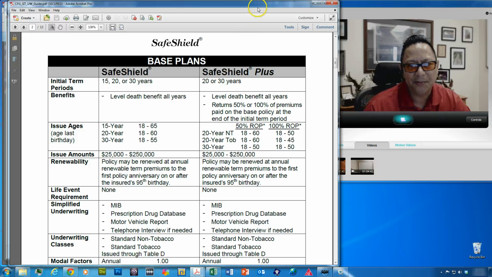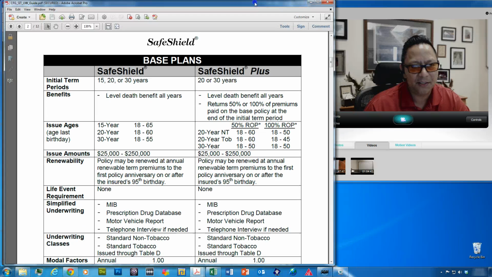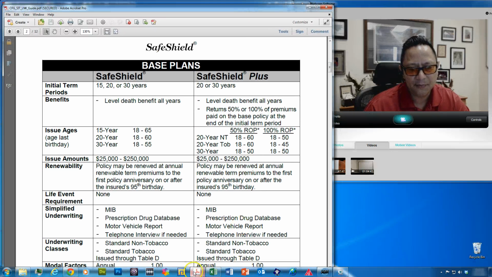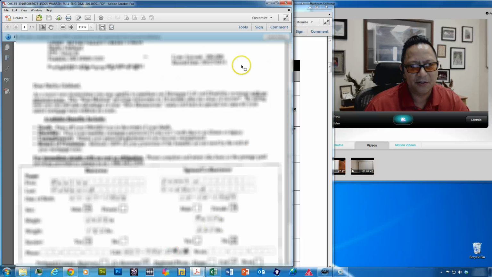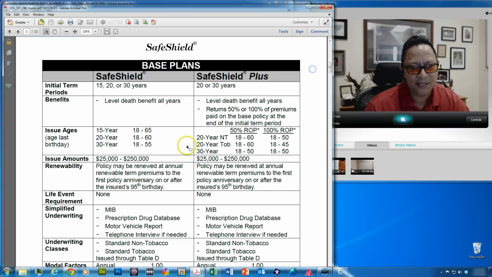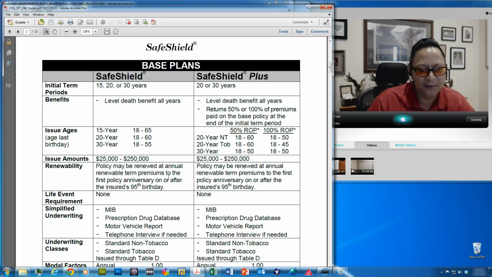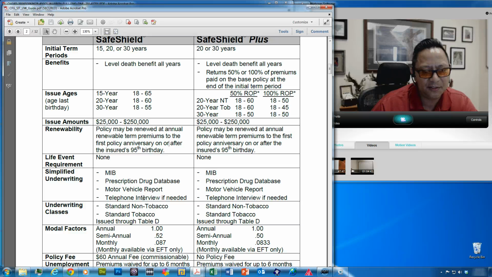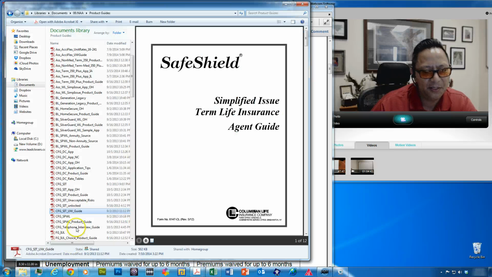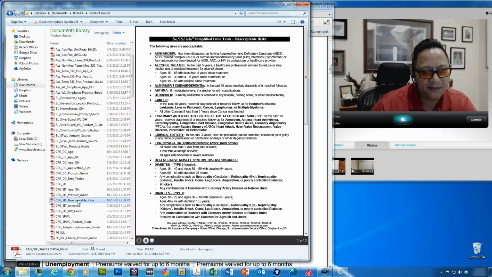And then look at the mortgage amount. It was like $96,000, right? The issue amounts go from $25,000 to $50,000. So I know I've got the mortgage amounts covered for them. The next thing I want to know is, will their height and weight and their conditions cause them not to get into this product? So I'm going to open up the Safe Shield